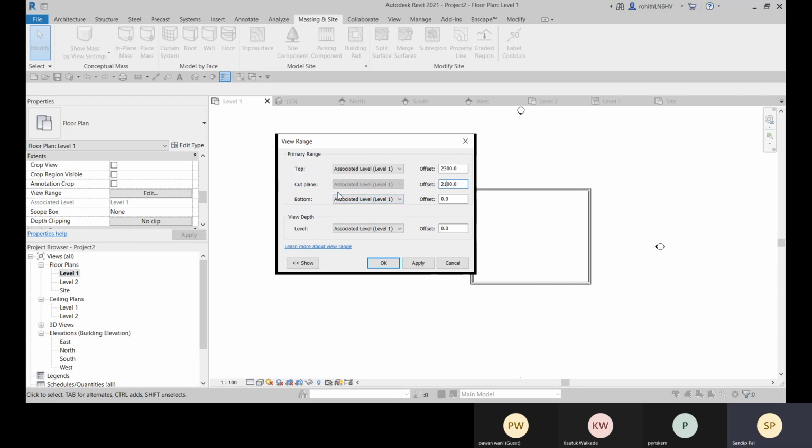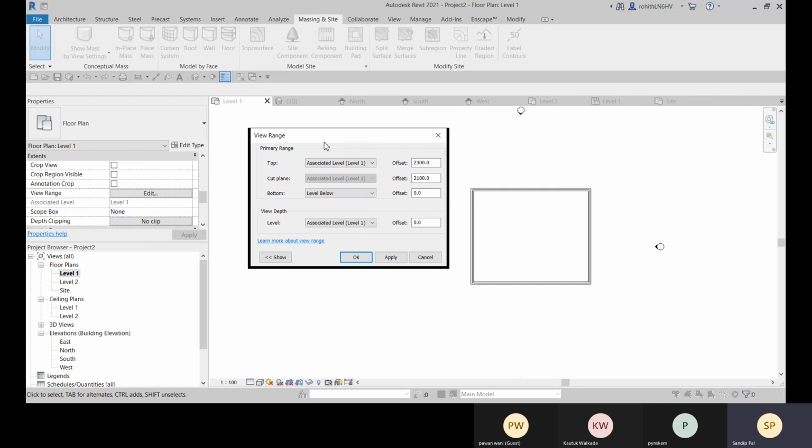Now we are placing the cut plane at 2100, and from that 2100 we are looking down from the top to the bottom, which is associated with the level 1, and the offset is 0. So exactly to the level 1 we can see. We can also set the bottom to level below, if there is any level below this level 1.